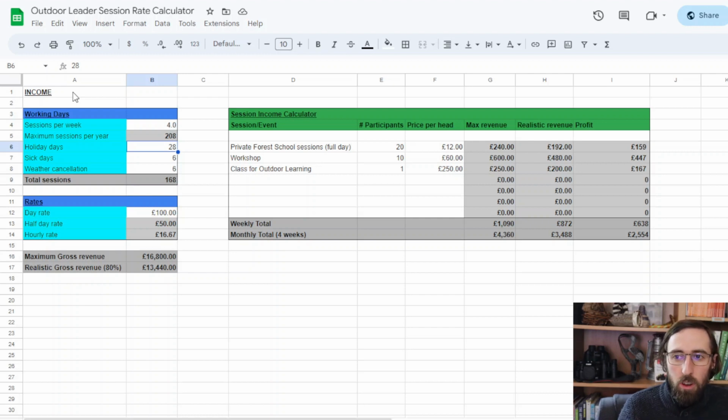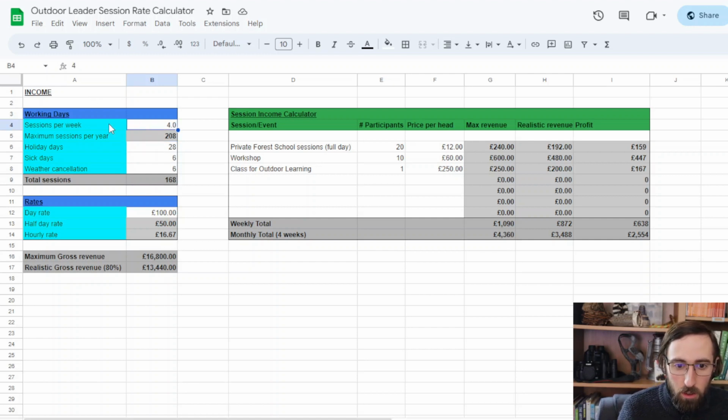So to be able to go, okay, this is the amount I need to make from a session or activity or event going forward to achieve the income goals, to meet whatever mortgages, rent, bills, because all of us have bills to pay, and those bills at the moment are getting increasingly higher. So getting this right will make a massive difference.